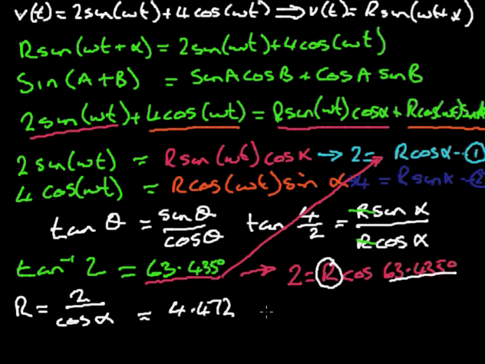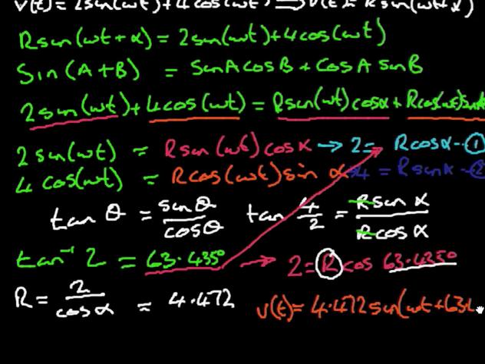If I now plug all that into the equation at the top, which I was asking you to do, I now know what r is, and I now know what alpha is. So I can now say that Vt equals r, which is 4.472, sine omega t plus 63.43, oops,